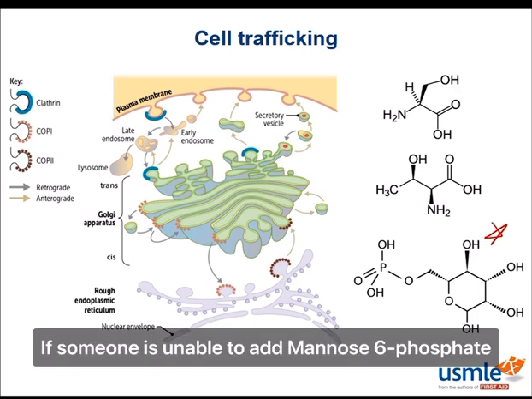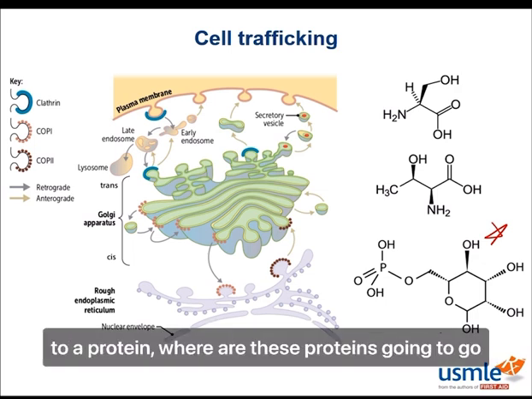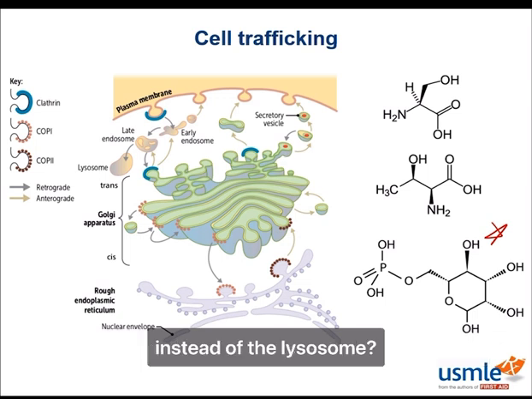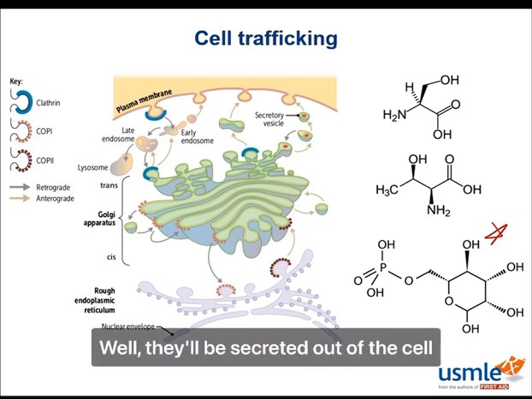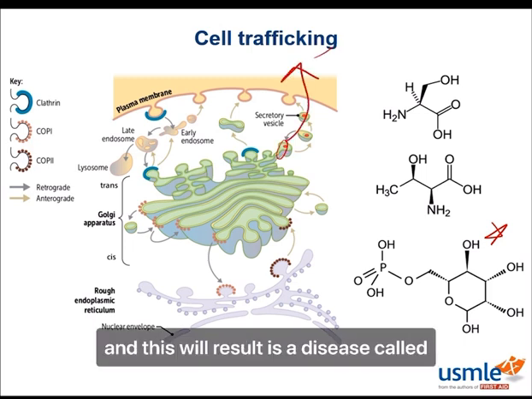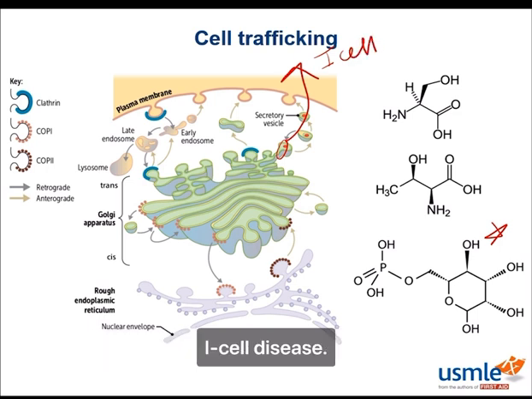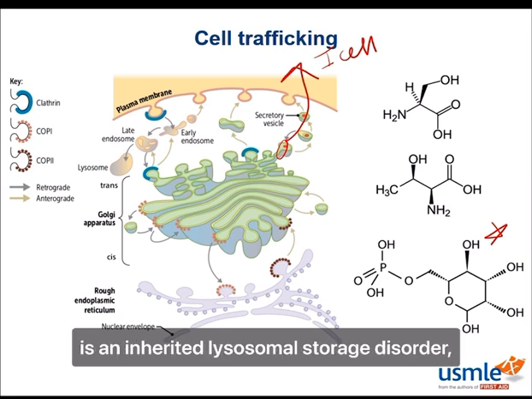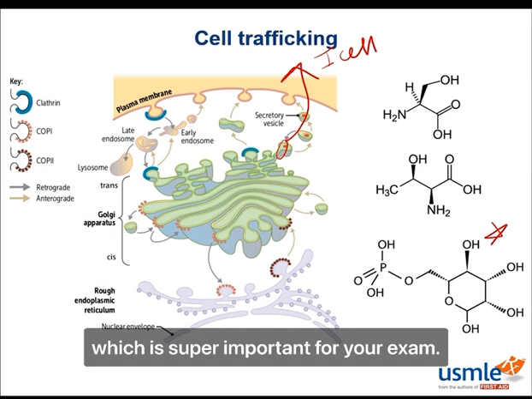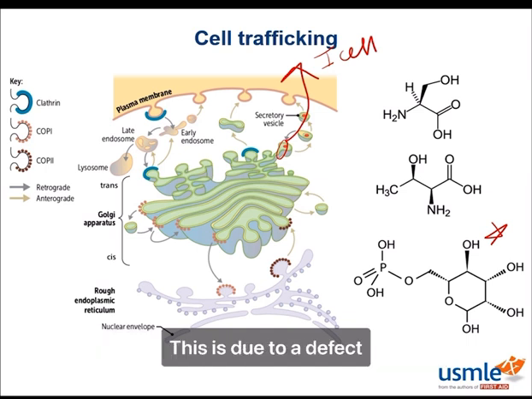If someone is unable to add mannose-6-phosphate to a protein, where are these proteins going to go instead of the lysosome? Well, they'll be secreted out of the cell, and this will result in a disease called I-cell disease. I-cell disease, or mucolipidosis type 2, is an inherited lysosomal storage disorder, which is super important for your exam. It is due to a defect in